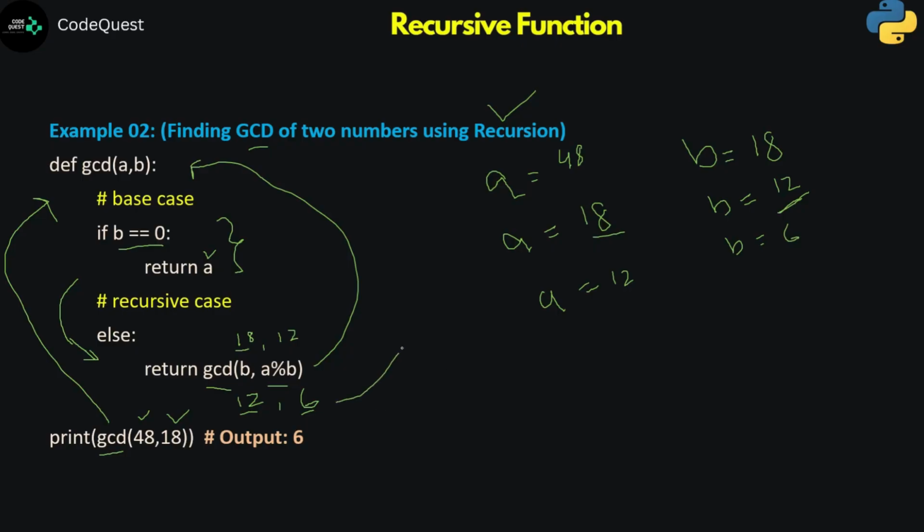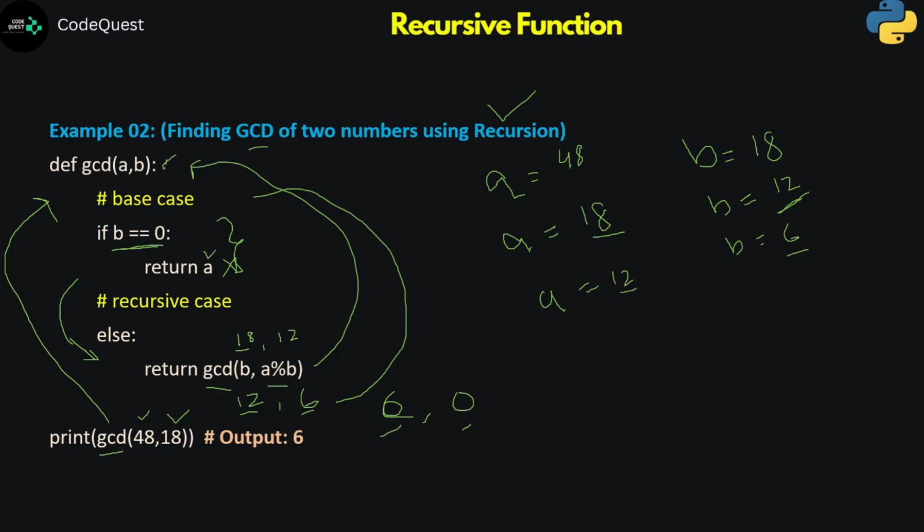Now again we start checking whether this B is equal to 0. So B is 6. Hence this will not work. So we come to the else. So now when I call this GCD of B, what is B here? 6. So B is 6, comma, A percent B. So 12 percent 6 is nothing but 0. When 12 is divided by 6, the remainder is 0. Now GCD is called with 6 and 0,